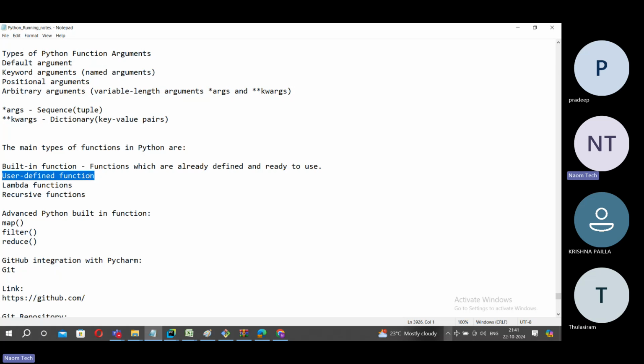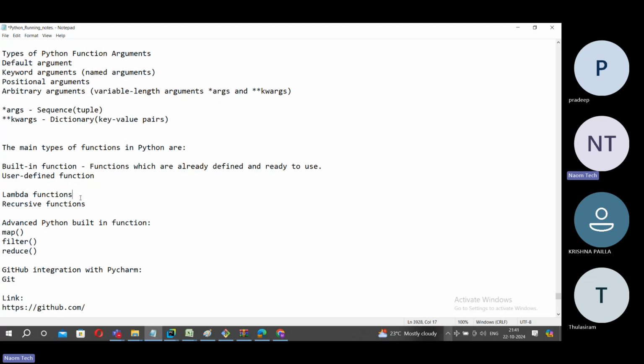Now, next thing is user defined functions. This is already discussed and we know about it. We already have these recorded videos on our YouTube channel as well, so if you are interested, you can give it a try. Just an FYI. Then today, the very important thing is we should talk about Lambda functions